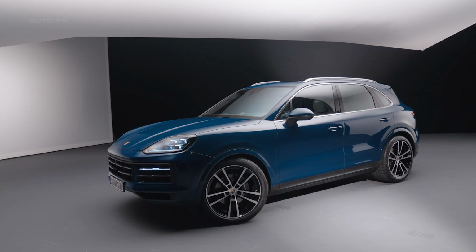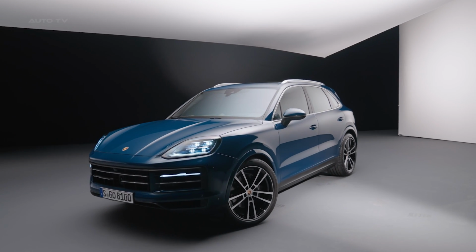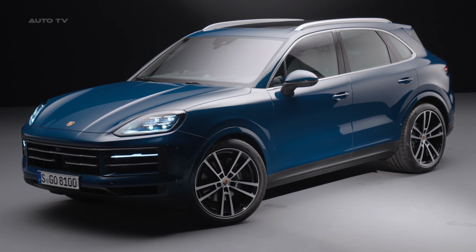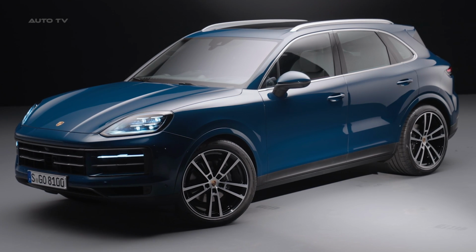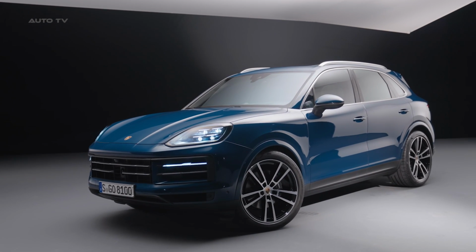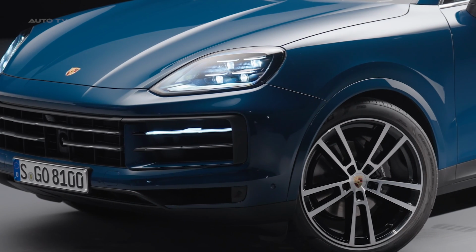The new Cayenne launches in Europe, offering three distinct engine options. The Cayenne S features an upgraded 4-liter V8 biturbo engine, replacing the previous V6, with a maximum output of 468 horsepower and 600 newton-meters of torque, an increase of 33 horsepower and 50 newton-meters. Both the SUV and SUV Coupe reach 100 kilometers per hour in 4.7 seconds, with a top speed of 273